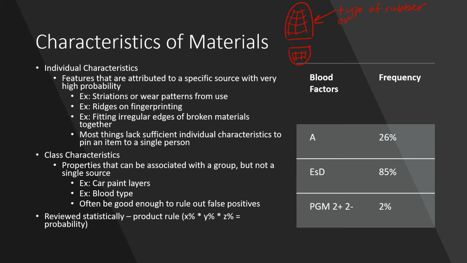overall shape, color, tread pattern, and similar manufacturer-made characteristics of the bottom of that shoe are all examples of class characteristics. All the shoes of that type have the same thing going on the bottom, at least when they're